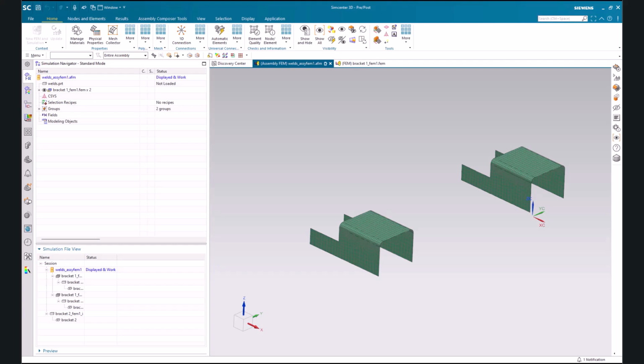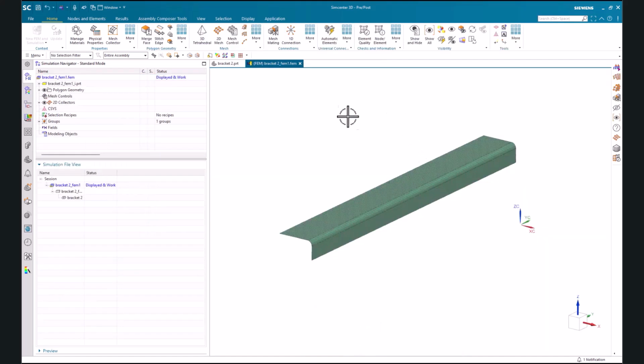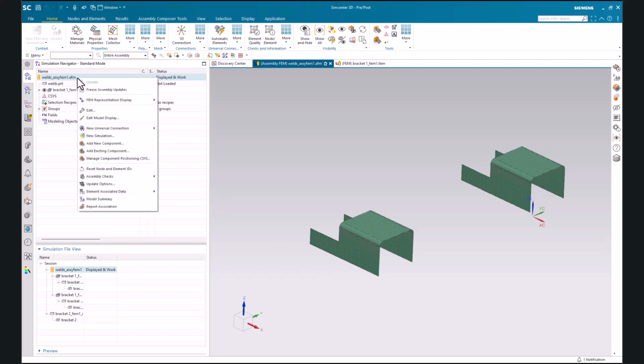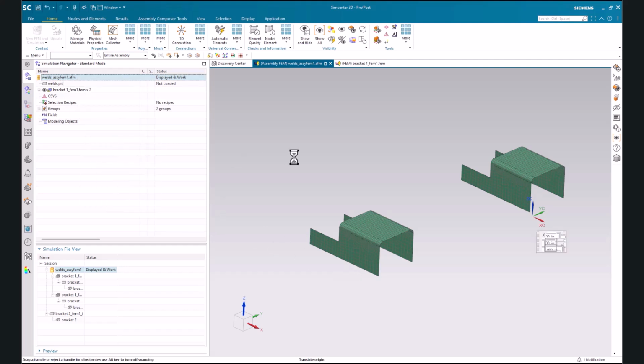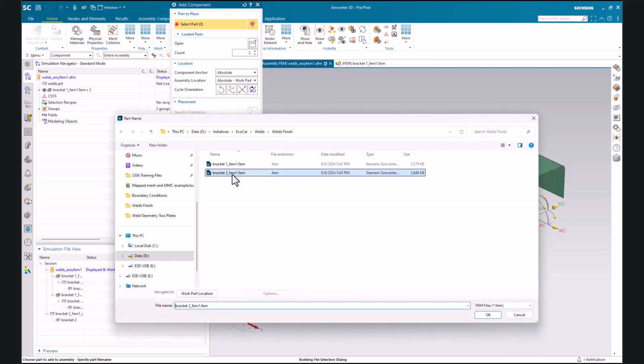Here we'll take the assembly FEM approach, and what we'll do is first take a look at our separate model. So this is a long bracket, and what we want to do is import it into this assembly FEM that has two supporting brackets. To do this, we can simply add an existing component. We'll search for the long bracket,